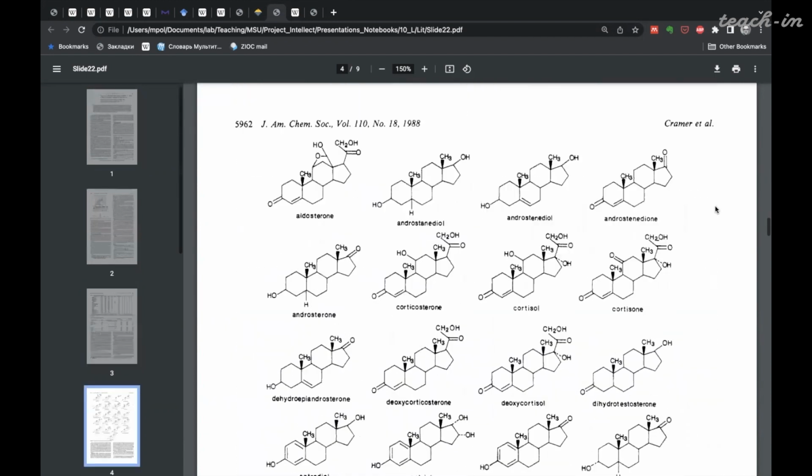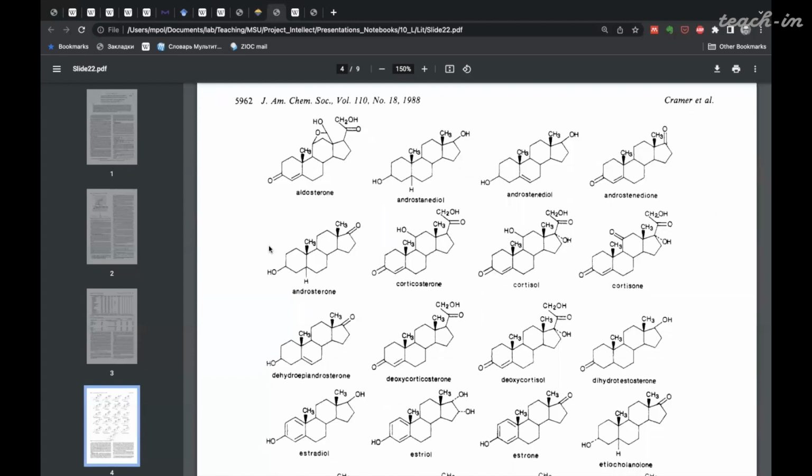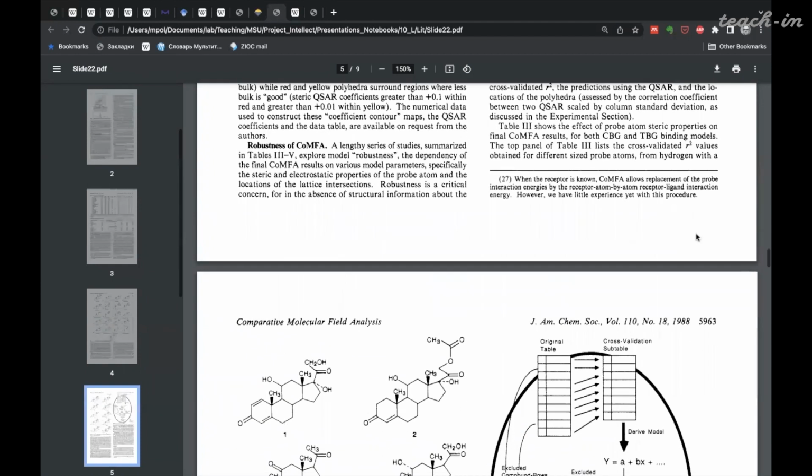However, we should note that all molecules under study are structurally rigid. So this steroid core is composed of aliphatic, fused aliphatic cycles that are structurally rigid, and